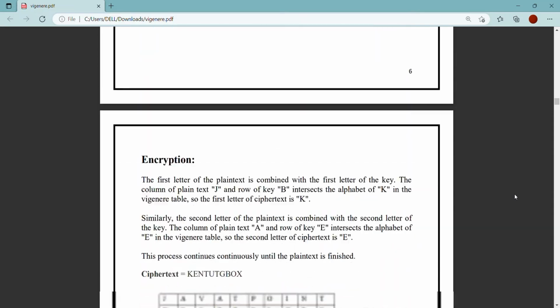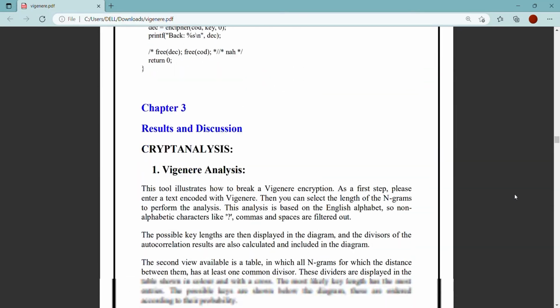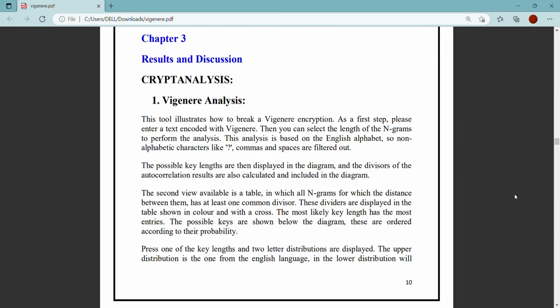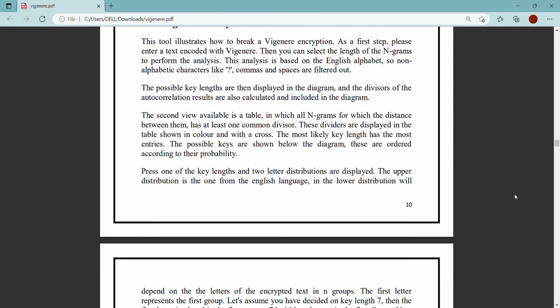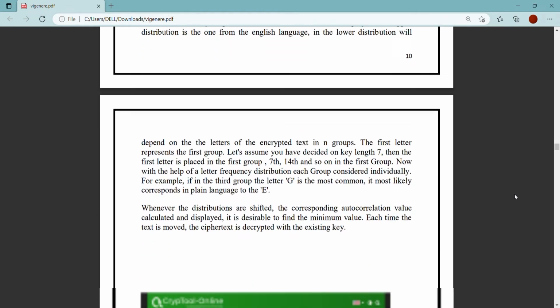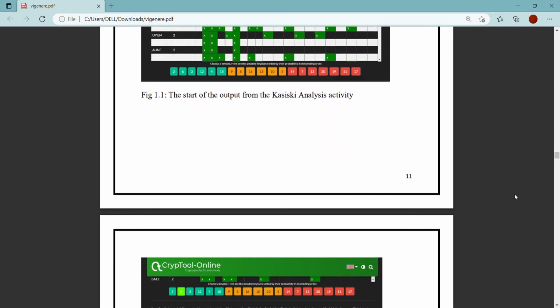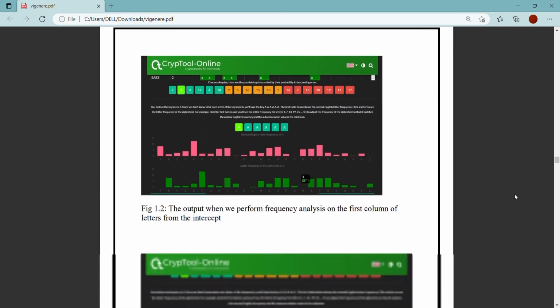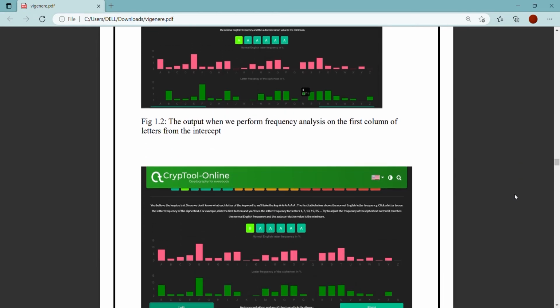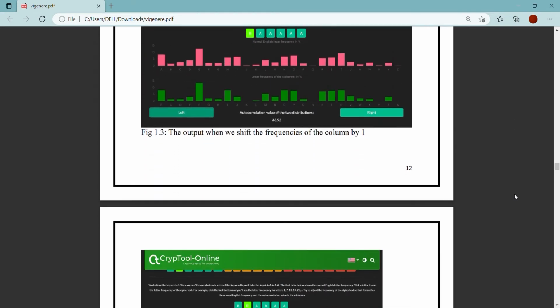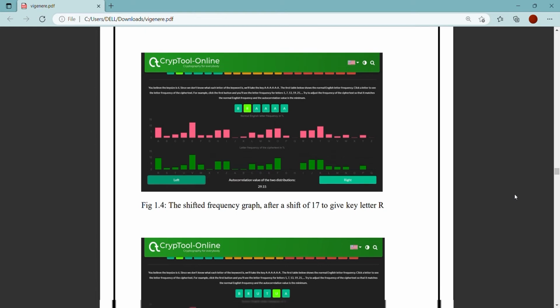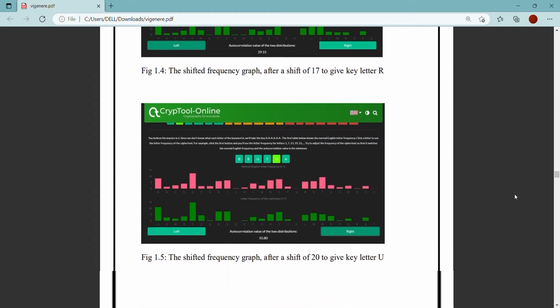The Kasiski test estimates the key length that is used in the Vigenere cipher. It finds the distance between repeated groups of at least 3 ciphertext letters. The greatest common divisor of all the distances should be a multiple of the key length. Once the key length is discovered, the ciphertext is written in M columns. Then each column can be treated as a monoalphabetic substitution cipher to get the matching plaintext letters by performing the